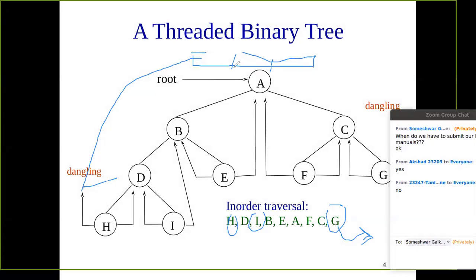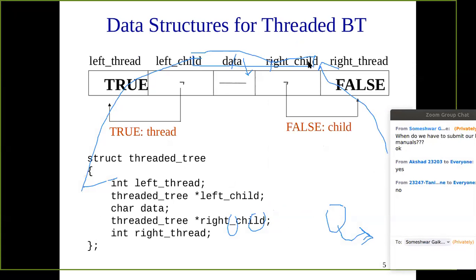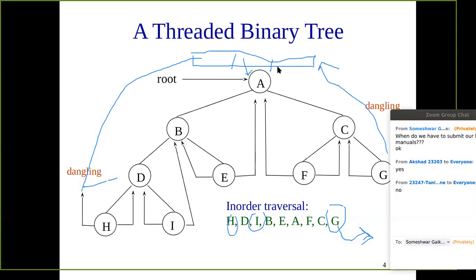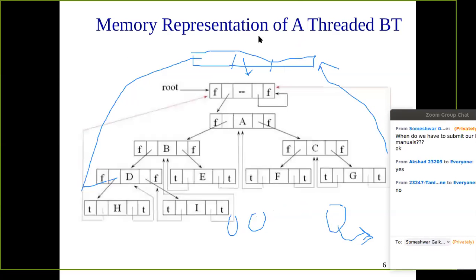We are getting one more node as a root, and this dangling pointer will be assigned to the root, and again this dangling pointer will be assigned to the root. From this we'll join here, and the left pointer of this will be assigned to this. So whenever we start any operation, we have the root pointer, and the left of root is where we actually start the actual tree. Is that clear? Such a representation will be there. It will be more clear with this.